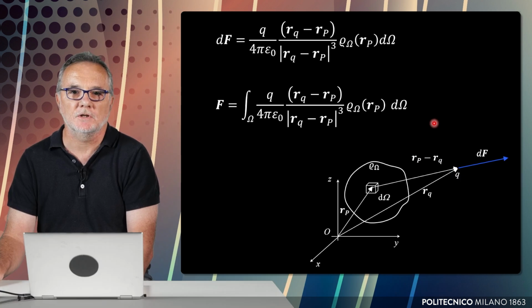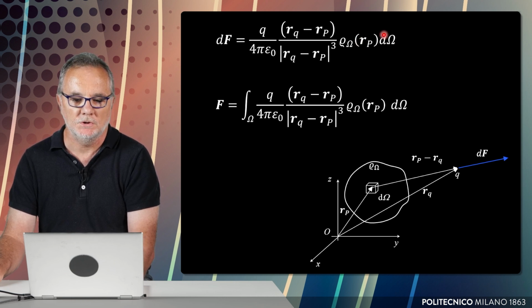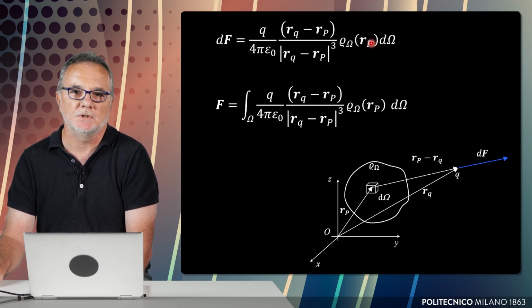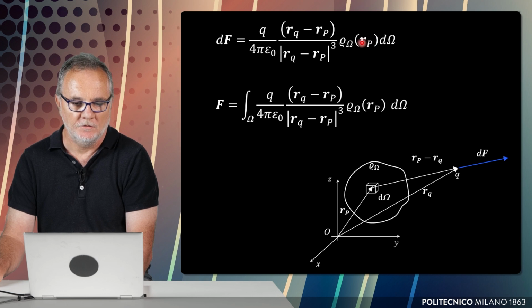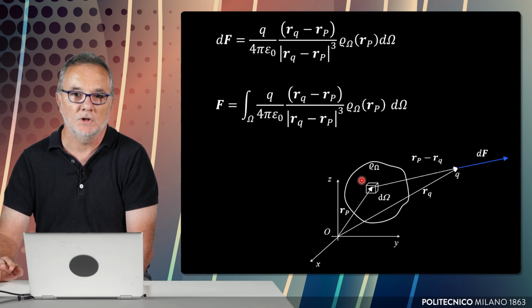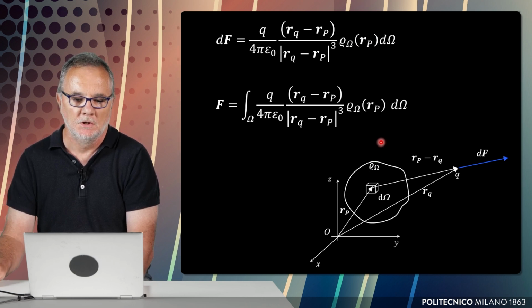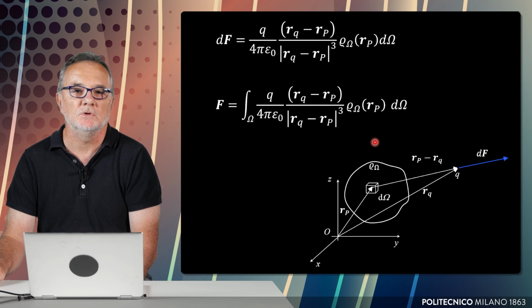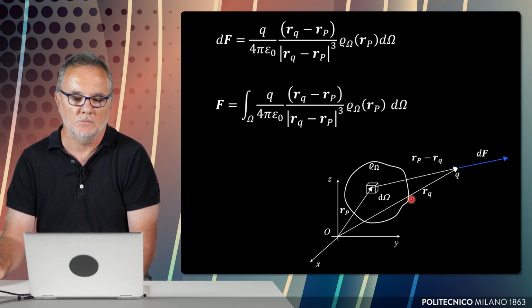If we have a different charge distribution, such as a volume density, what we have to do is to compute the elementary charge dQ associated to this volume density, and use the previous expression. Of course, since the given charge distribution exerts a force on the probe charge q, which is due to the whole of the charge distribution, to compute the total force, we'll have to integrate the elementary force over the volume on which the charge distribution is deployed.